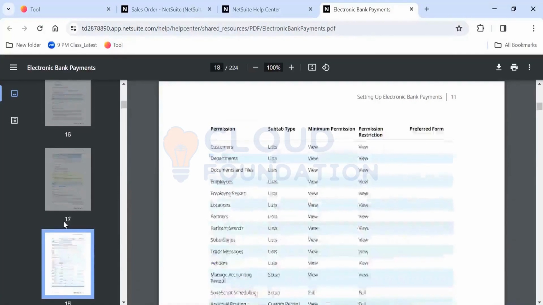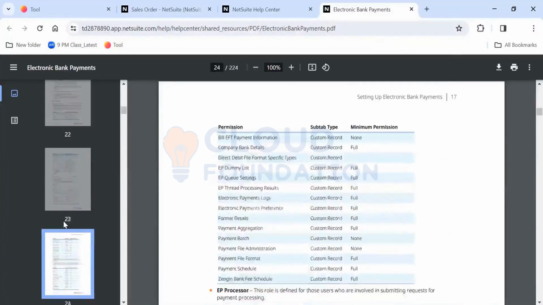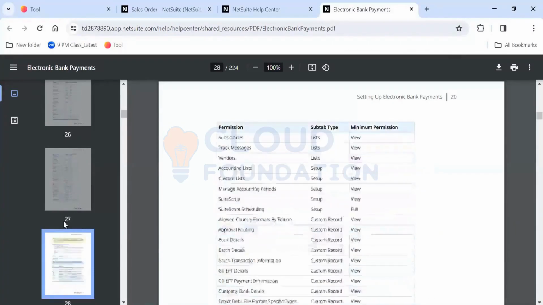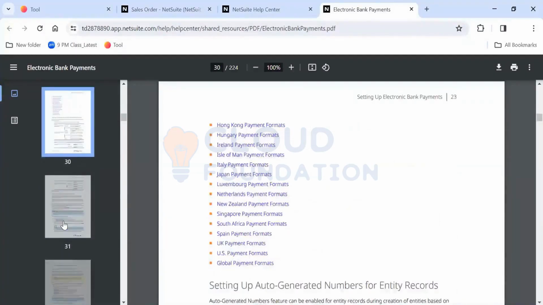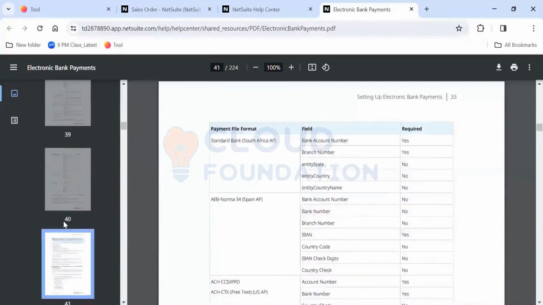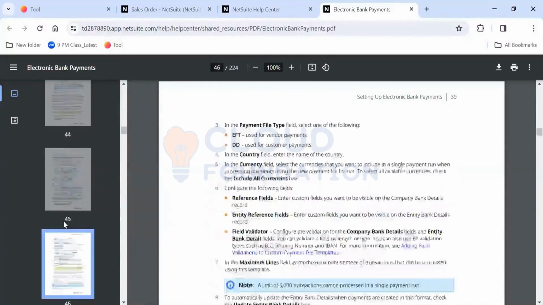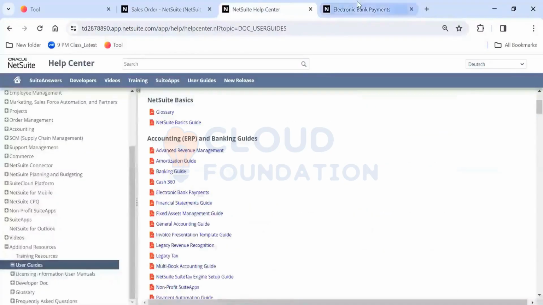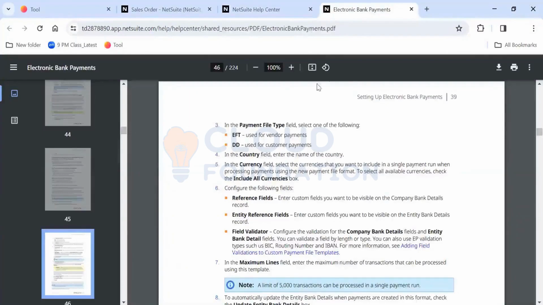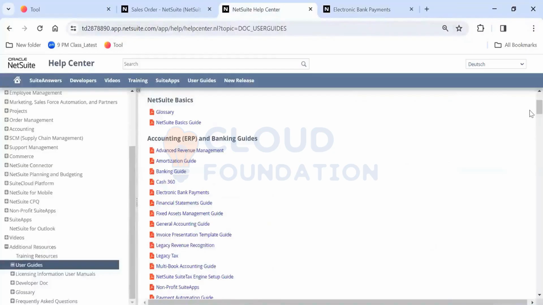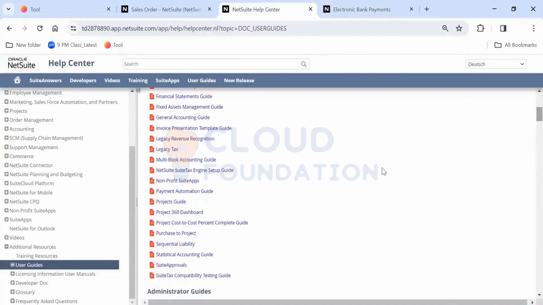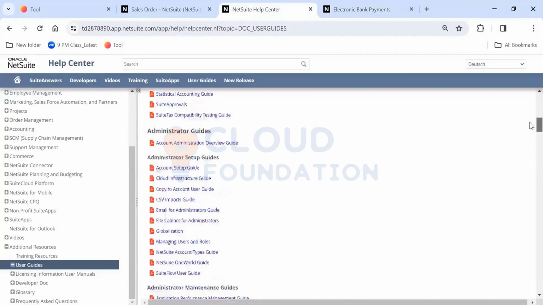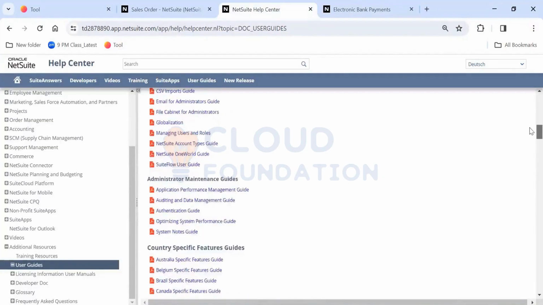So you have all the screenshots, and how to set up the navigation would be available. So all these things are there as part of the user guides that you can download from NetSuite. You can download and you can keep them with you as well. You just have to click on download and all these guides will get downloaded. You have multi-book accounting and projects guide. All these things are different topics on NetSuite, and for every topic you have a user guide which is readily